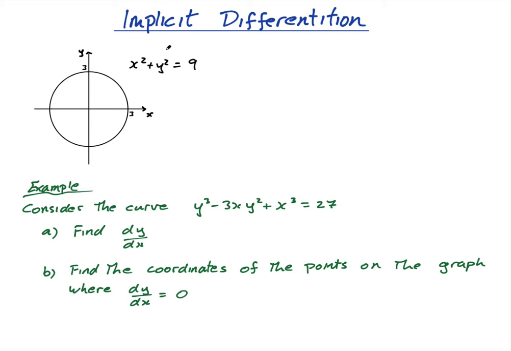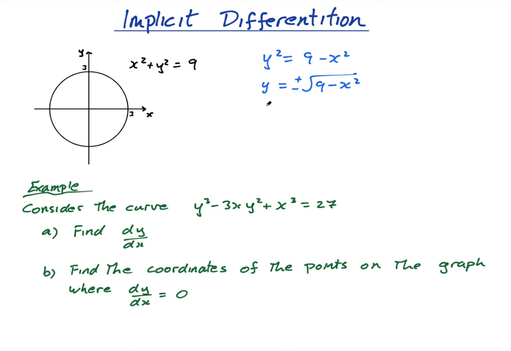And what I want to do is find the derivative. So what I want is to be able to find the gradient of the curve at any point. So what I could do is, because remember, a circle is not a function, I could say y squared equals 9 minus x squared, y equals the square root of 9 minus x squared, and then this is either plus or minus that, and I can get